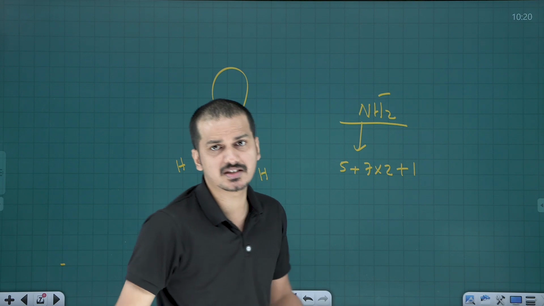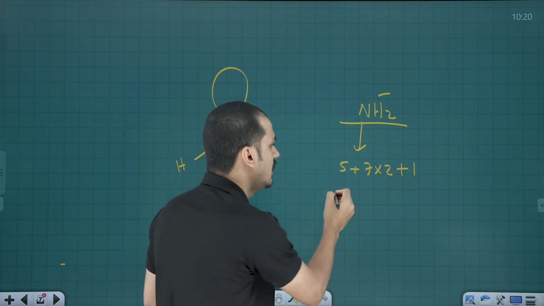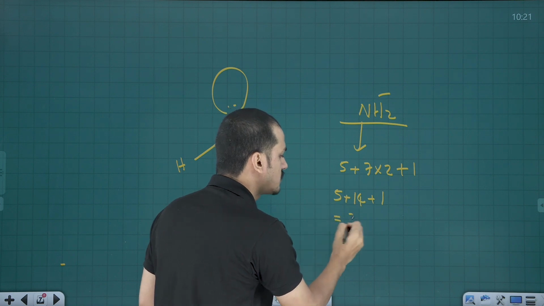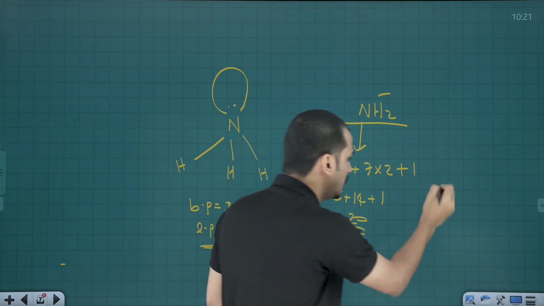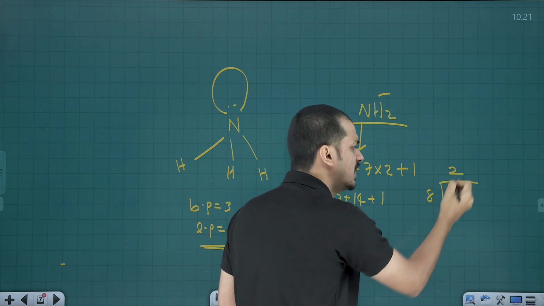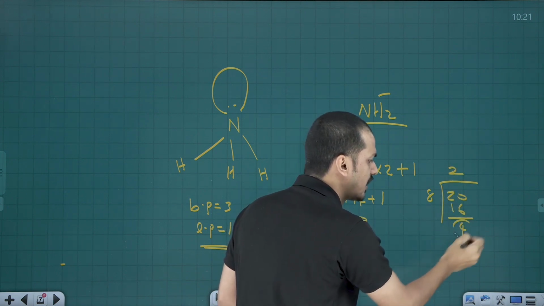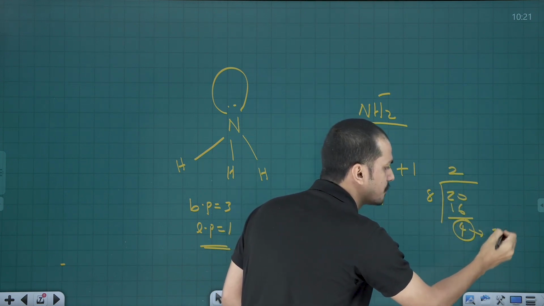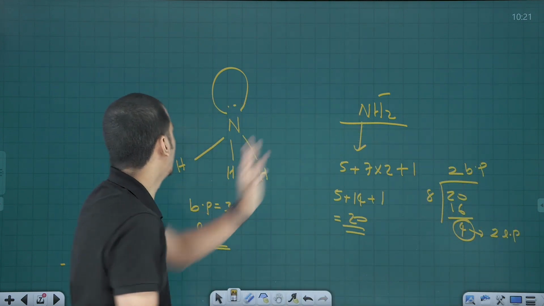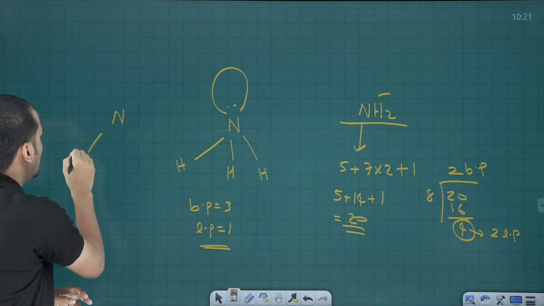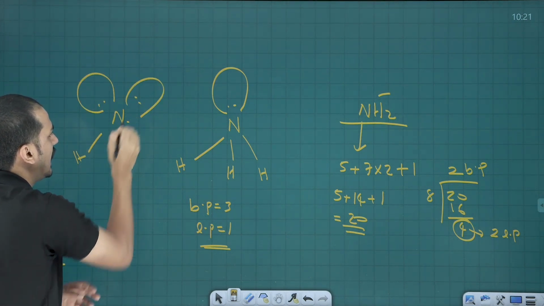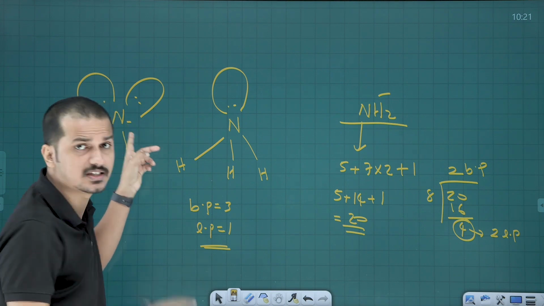That minus 1 means plus 1 electron you have to add. So 5 plus 14 plus 1, that means 15 plus 20 will come. 20 means you have to divide 20 by 8. 2 8s are 16, remainder 4. That remainder you have to make into pairs. So 2 lone pairs, 2 bond pairs you are getting. Meaning NH2 minus means N, H, H and 2 lone pairs are there. Okay, that 1 lone pair is only causing its negative charge.